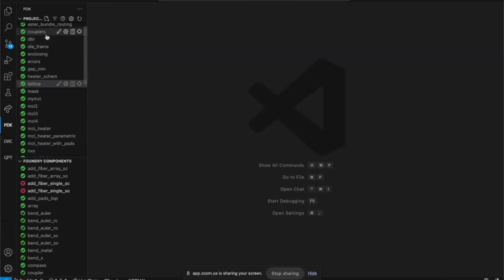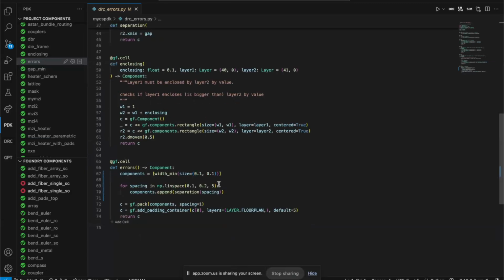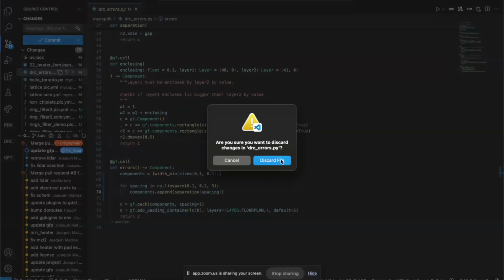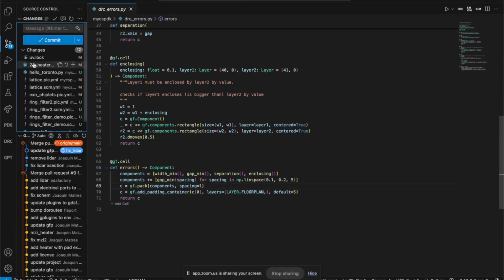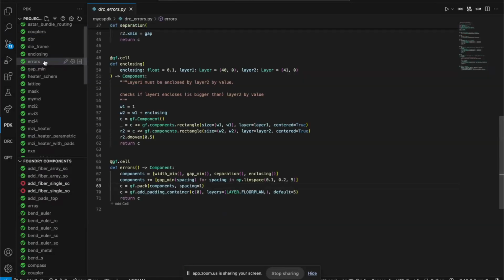So we're going to be opening this file called errors.py. And here we have an example of errors. So when I run DRC, like you can see, for example, I'm using a component. Let me make sure I have the same as you. Let me revert this. I made some modification before the workshop, but let's just show exactly the one you have. So if I look at the code and then I show GDS,